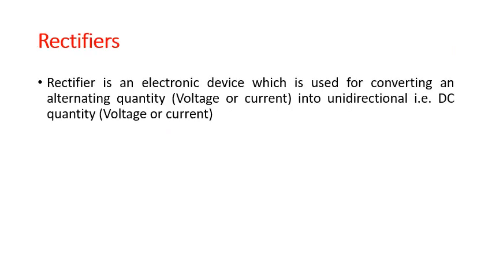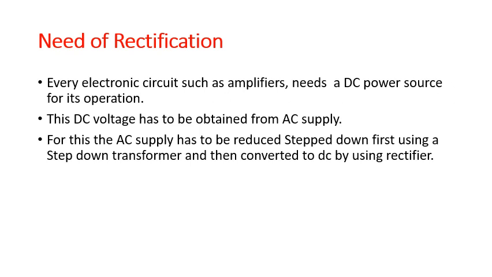Now rectifiers. So till now you understood rectifiers are basically a device that are going to convert an AC quantity into a DC quantity. And the reason why I need it is almost everything that you have at home takes AC as input but needs to give DC as the output. Need of rectification: I need to convert from AC to DC because I need to get DC voltage from the AC supply that I am getting at home. First thing that is used is a step down transformer, which we will not be discussing. We will directly be starting from a rectifier.